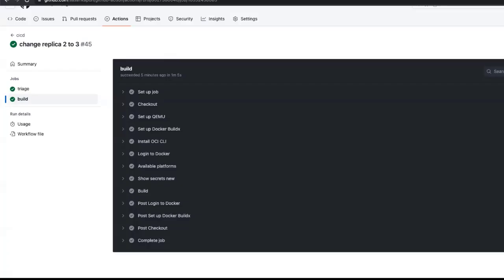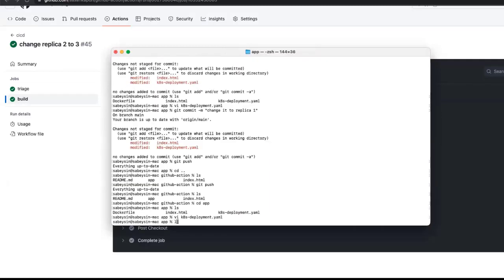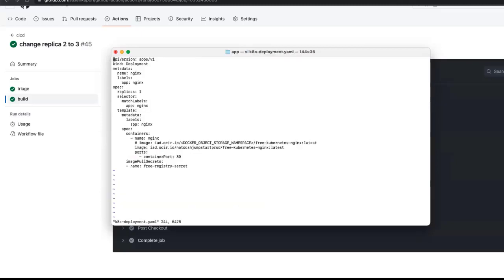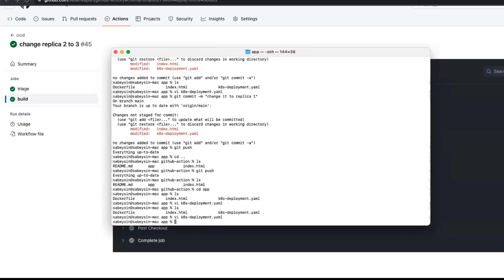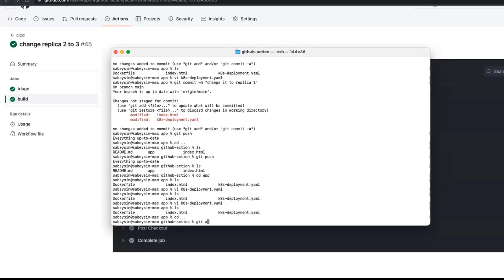So maybe I can change back with the another replica. So that's what I was trying to do. So my first demo, I changed it to 2 to 3. So right now I have 8. Once you change it, it will change back to the replica 2. So that's kind of a thing. You can do it from the git add.